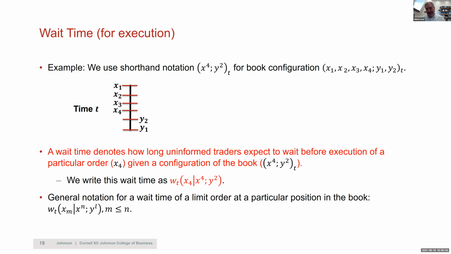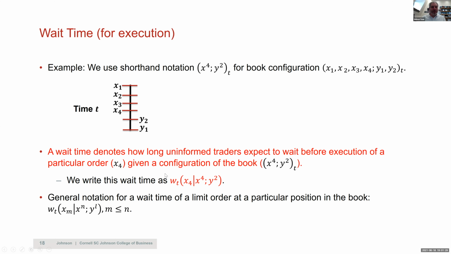So actually, Anne and I talked about it. I think that will be a pretty nice extension of this paper. I think this model can accommodate things like that, right? Because then you can learn, when we talk about learning information, from the arrival of marketable orders that execute, but the arrival of limit orders will now only be partially informative, because some of them cannot be observed and so on. So you can actually play with it. It's not going to be in the model that I'm going to present to you today, but I think there are ways to incorporate things like that in the model. All right. Thank you.